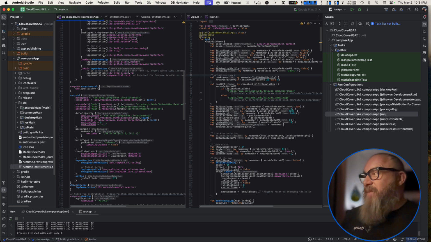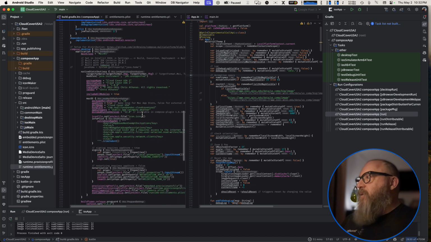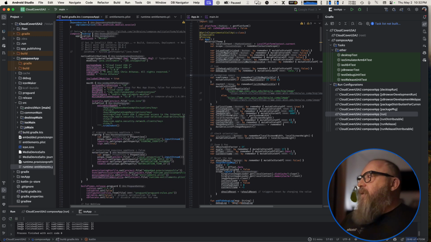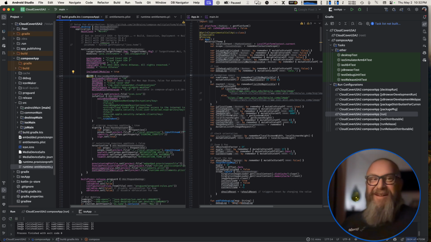All right, so what I had to do to publish this thing. I learned a lot trying to publish this to the macOS store. This is like my third app I tried to put into the Apple store. They're a little bit more strict than Google's Play Store. But you have to set this section up here in the build.gradle.compose. This section here to set this thing up for macOS. For some reason, it's in the desktop section, but this is how it works. When you want to publish to the Mac store, you have to do all this stuff here,